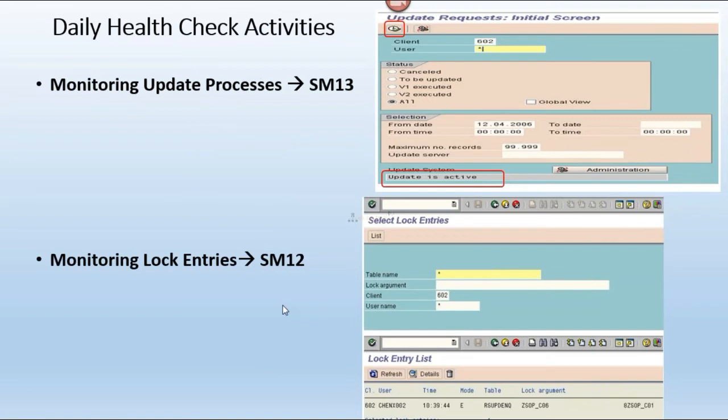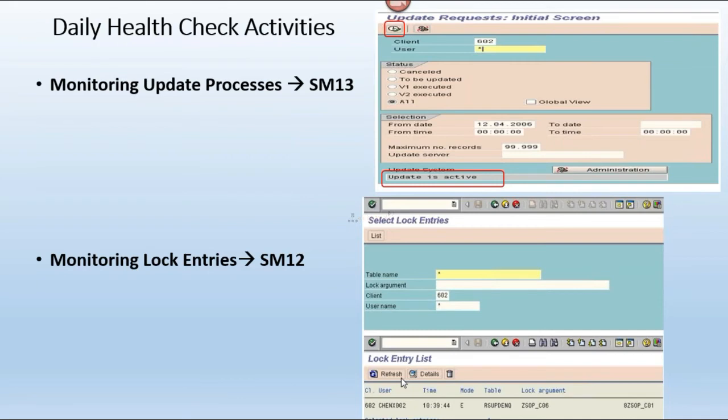From our side we cannot do anything in this SM12. It should get released automatically.